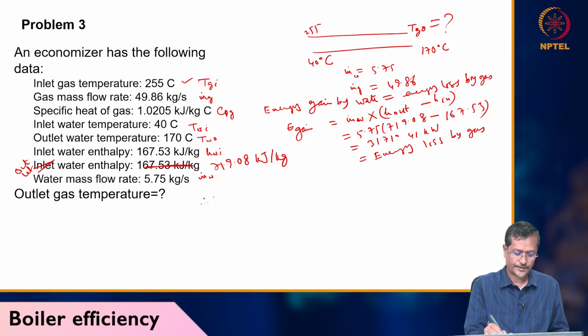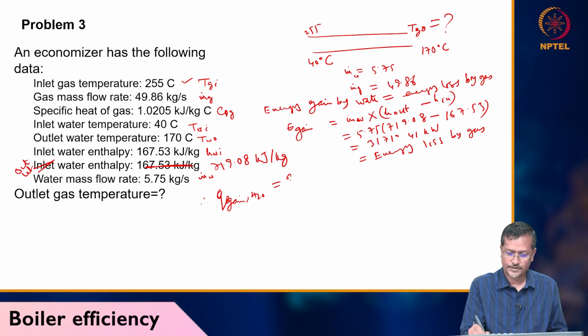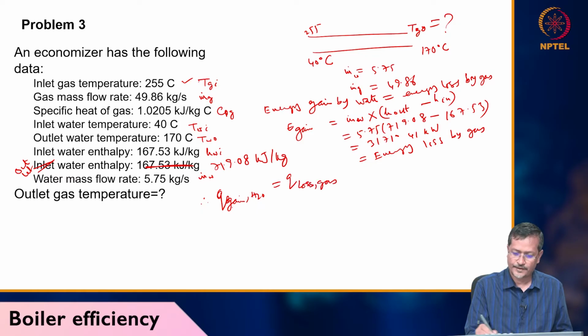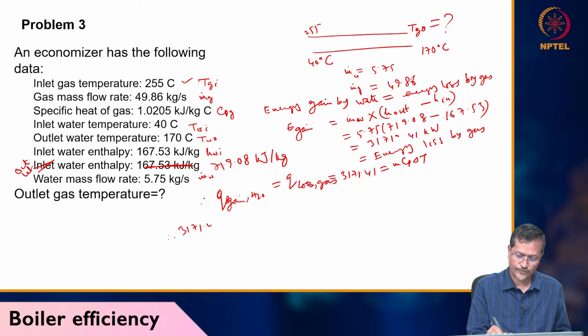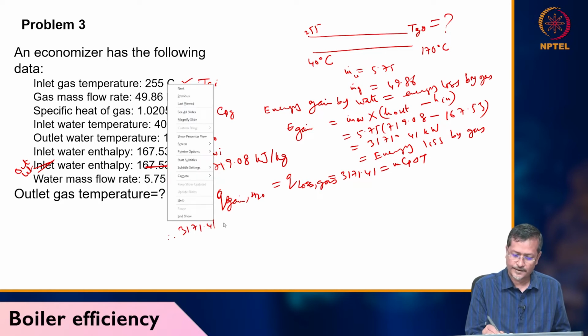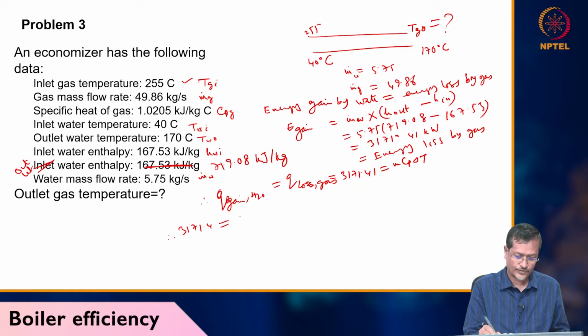So, therefore, Q gain H2O equals Q loss gas, equals 3171.41 equals MCP delta T. Therefore, 3171.41 equals